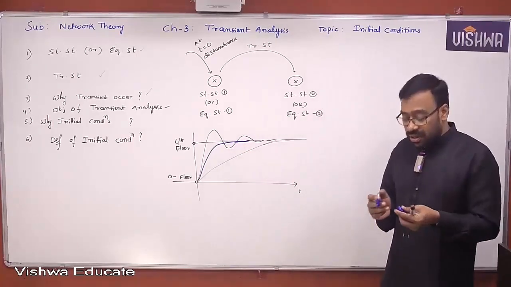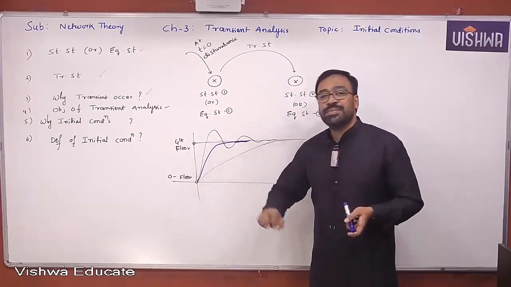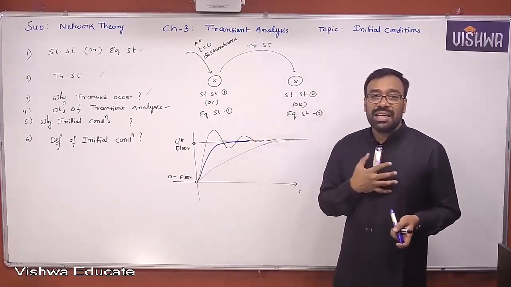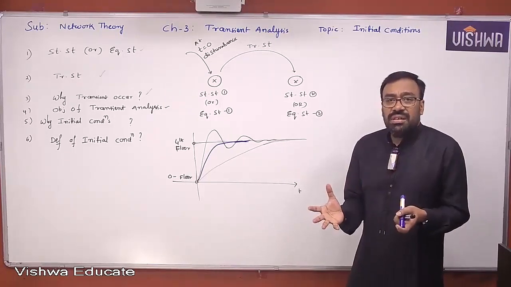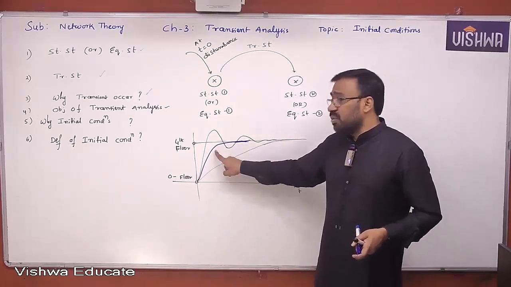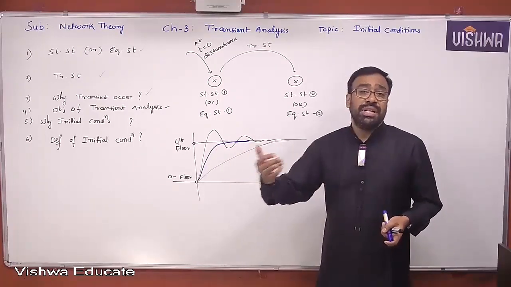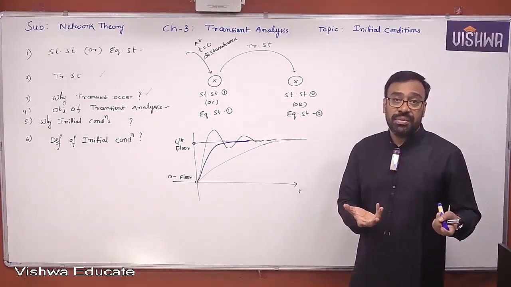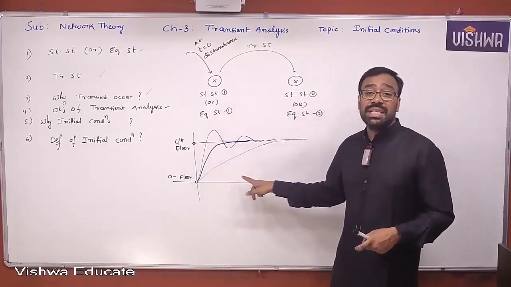So therefore, I want to understand now, if I have these responses, then I will understand how the system is behaving. When I really purchase the system, the system will usually exhibit critically damped behavior. But due to the aging effect or parameter variations, obviously the characteristics of the system might change. But if I know the characteristics, then I will understand what kind of dynamics the system is exhibiting here.